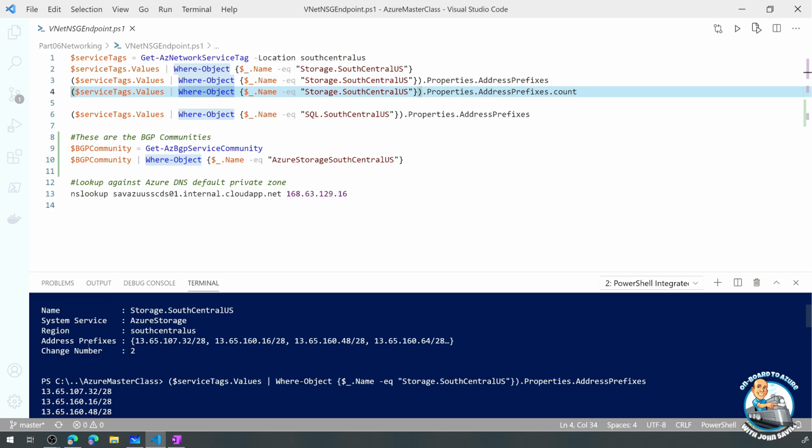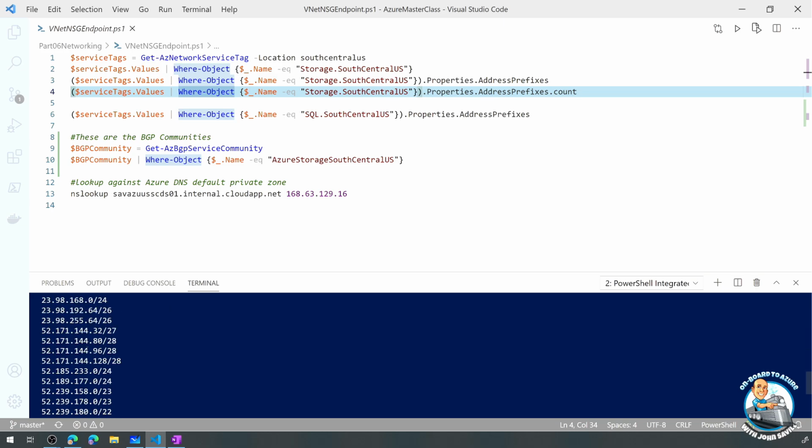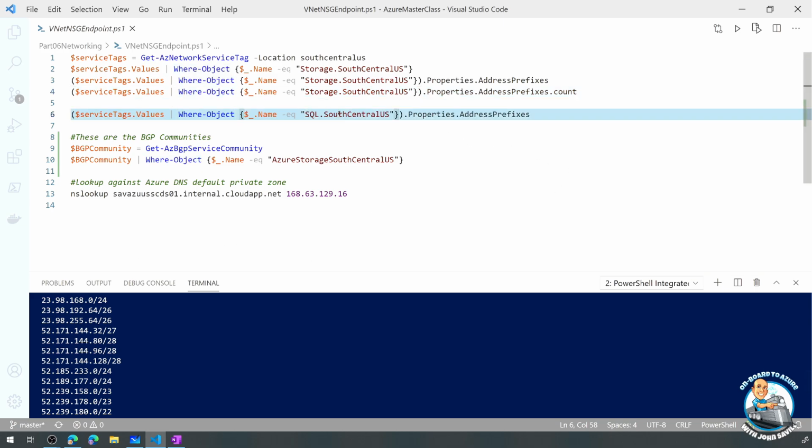But fundamentally, it's just a big batch of IP addresses. And again, those service tags we use in network security groups to say, hey, my subnet or wherever I apply this network security group can only talk to these services, can only talk to these groups of IP addresses. And you'll see there's the same for things like SQL. So I was showing storage, but once again, SQL has its own list of IP prefixes,